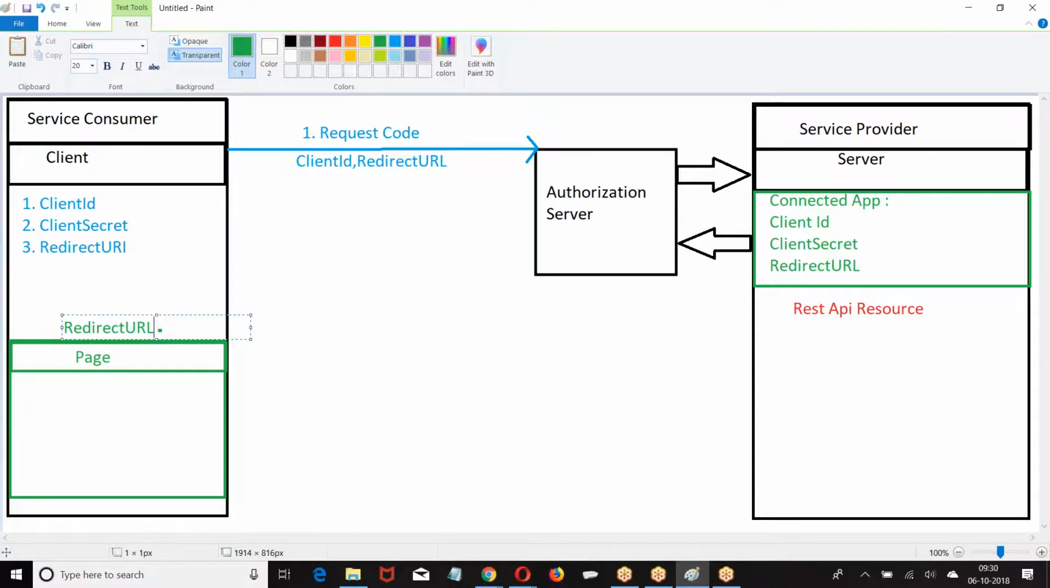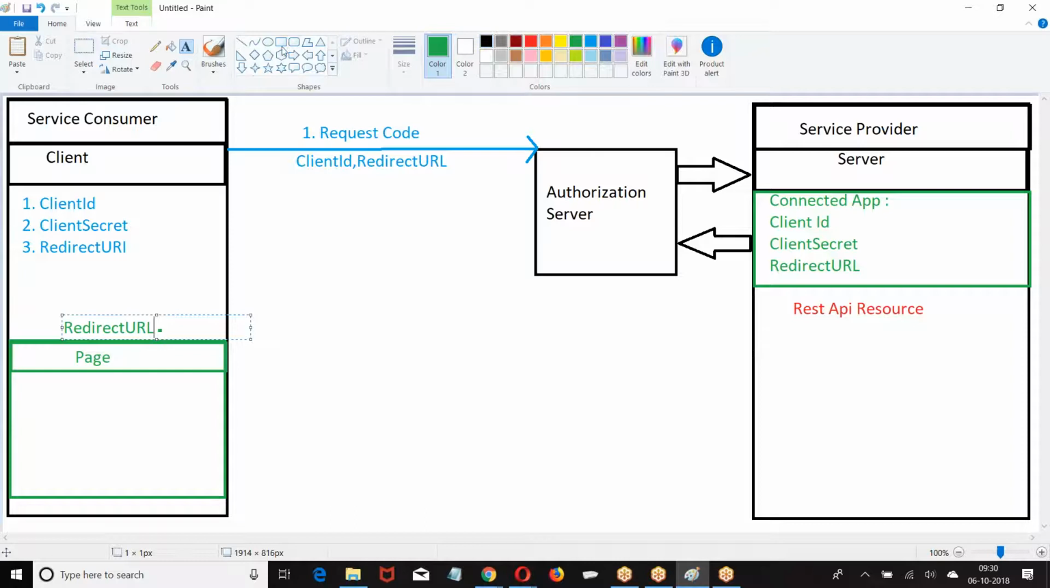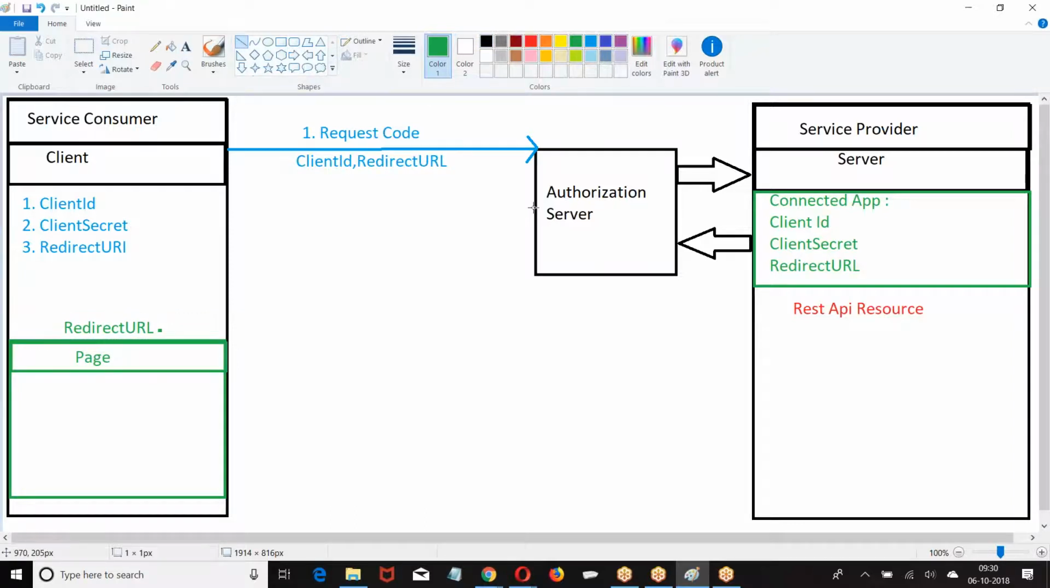When a client is requesting a code, the server will send the code to one of the pages in the client. To whichever page the server wants to send the code, that page is registered as redirect URL. So that redirect URL is one of the pages of the client. When you request a code by sending a client ID and redirect URL, then server will send back to you